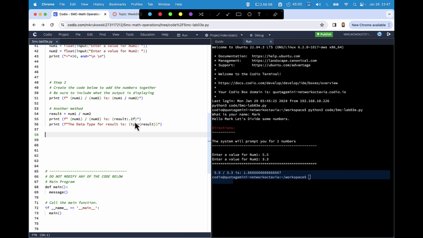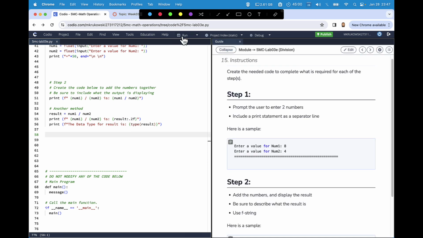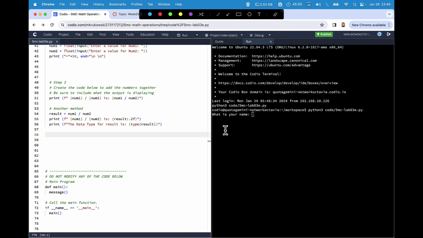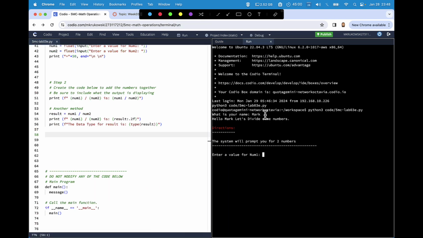So again, take a look at the syntax associated with this. I'm just taking the result, and this is the syntax to make sure that I just do 2 decimal places over. So let me close that. Let's go ahead and open up run again. And here we go, mark. So we do 5.5, 3.3, and you notice